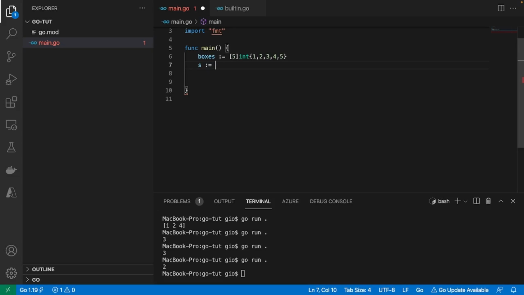So what we can do to get a slice of this array, meaning we'll just take a piece from this array. Say for instance we just want 1, 2, and 3. How we can do that is we can take the variable called boxes, which is holding this array of 1, 2, 3, 4, and 5, and to make the slice, since we know we want from the beginning to a specific amount, in this case we want 3,